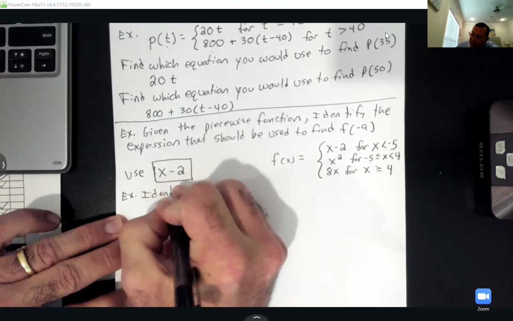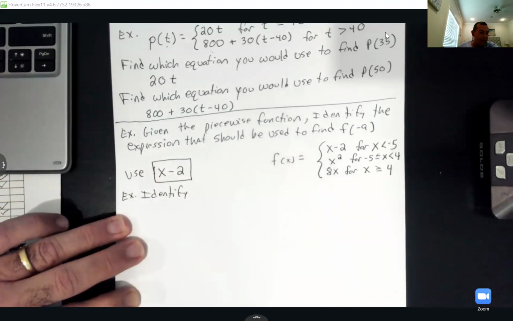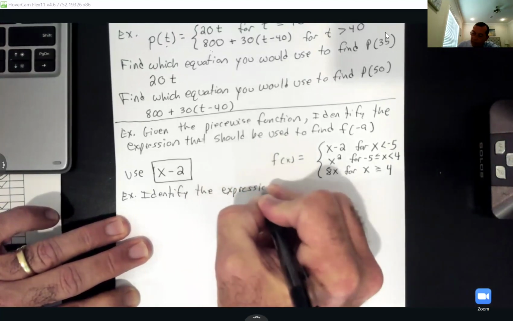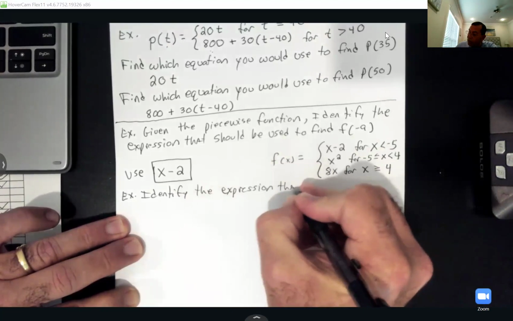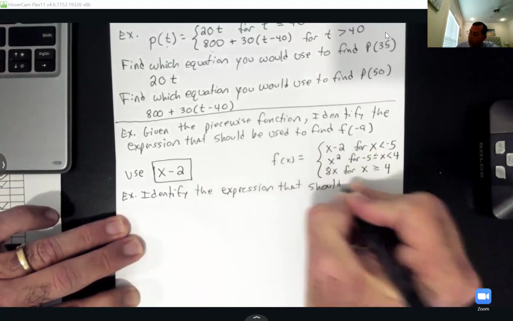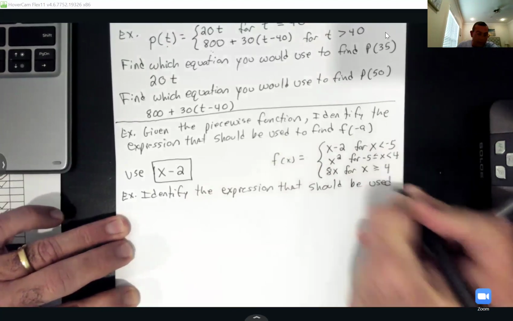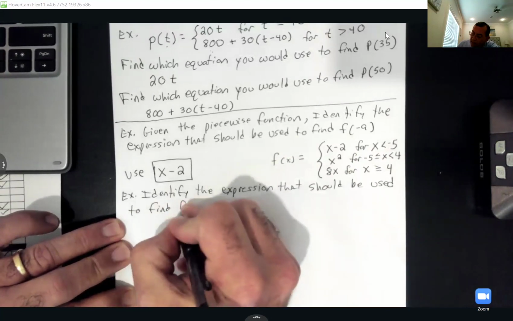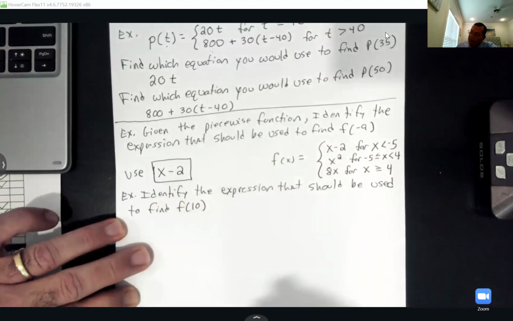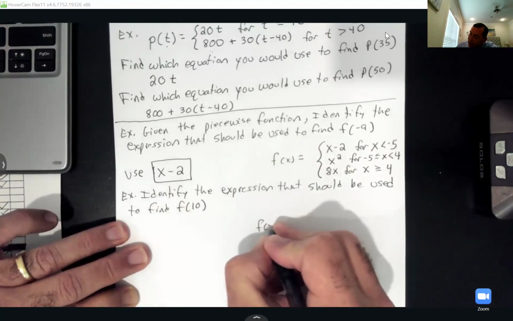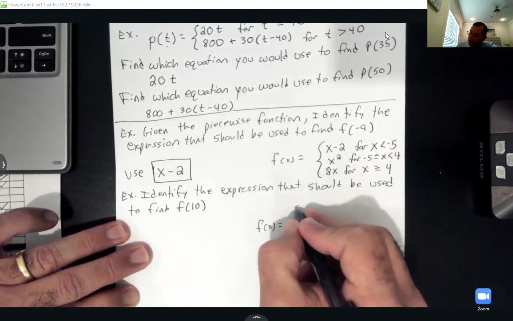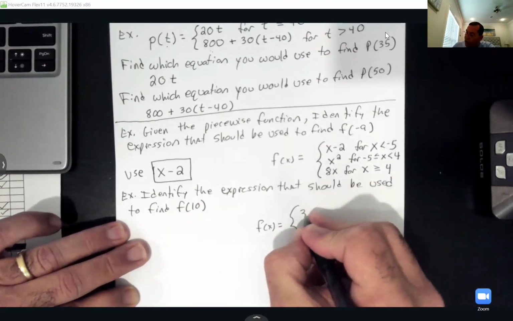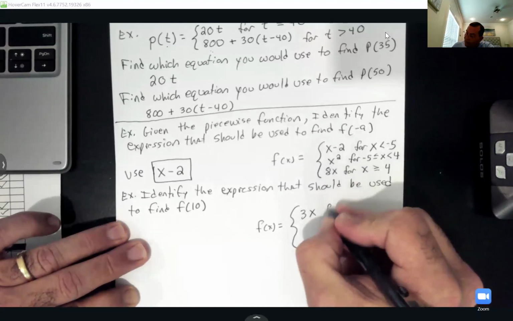Identify the expression that should be used to find f of 10. So this time they're giving us f of x. And then this one's got 3 equations also. It's going to equal 3x plus 4,